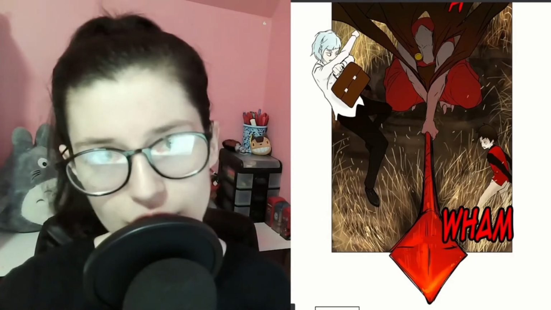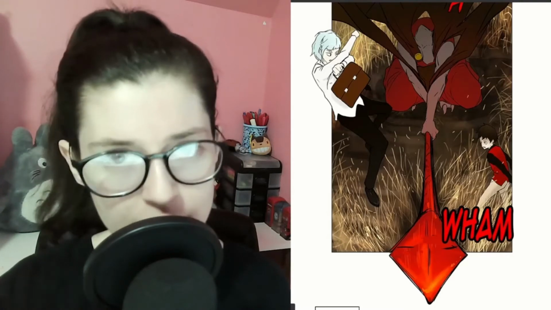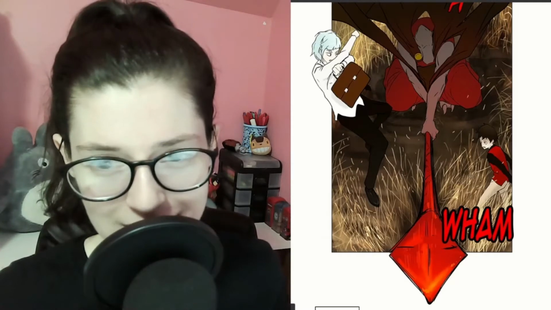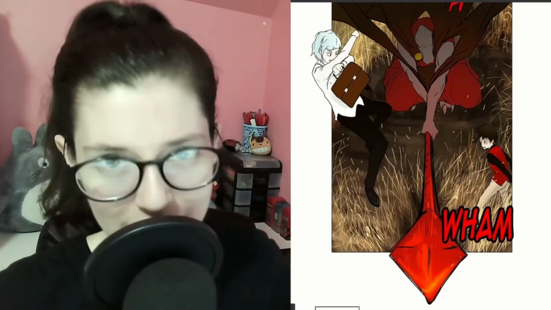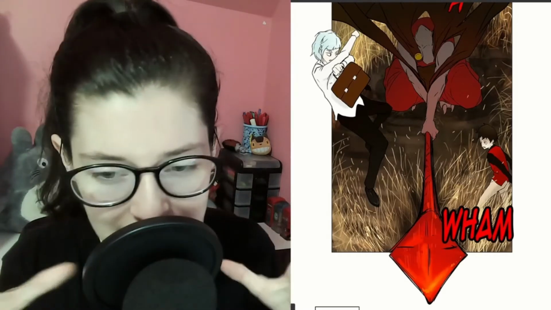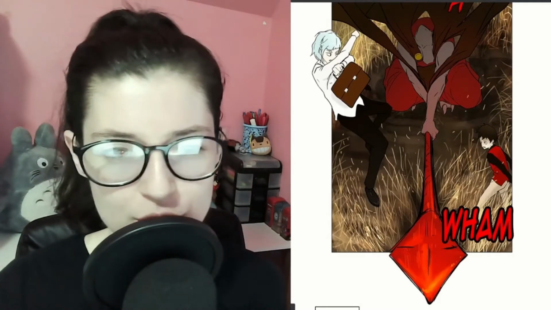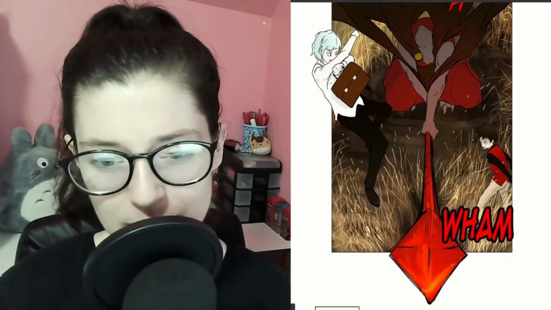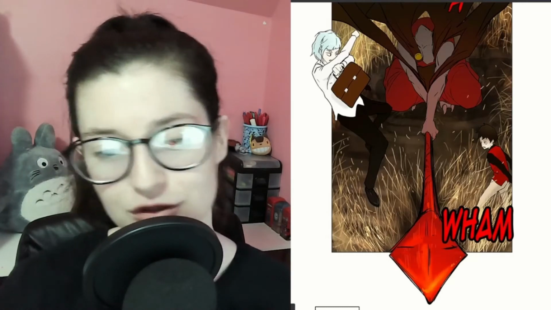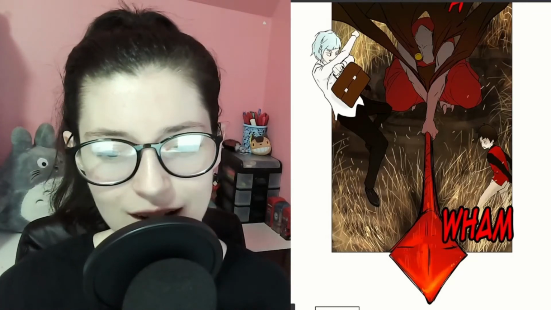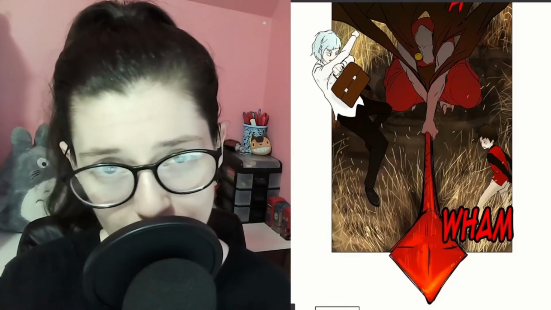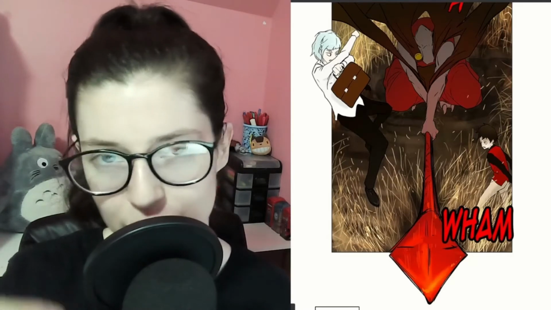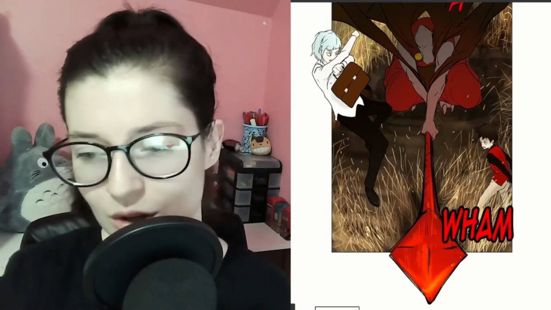But having the action fall outside of that very clear panel edge makes the action feel bigger and more impactful, and there's a bunch of strength behind him bringing down his spear, because it falls slightly out of the panel. It's also just a great way to have something at the bottom of the panel that falls out of it as a softer transition between the panel and whatever comes next.